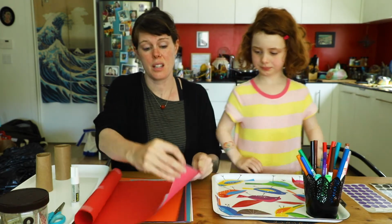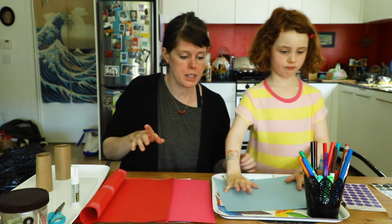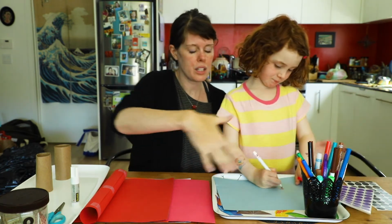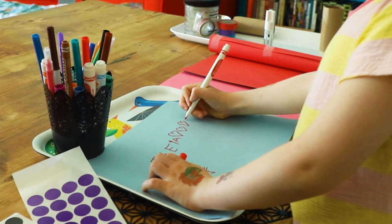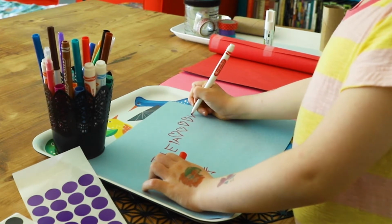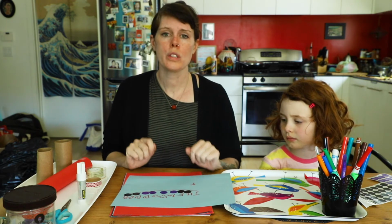So first thing, I think it would be fun if you drew on it with some markers or crayons. You could use colored pencils, whatever you have. And then we also have some fun stickers, so you could really decorate it. After you're done drawing or painting or however you decide to decorate it, you're going to roll your paper